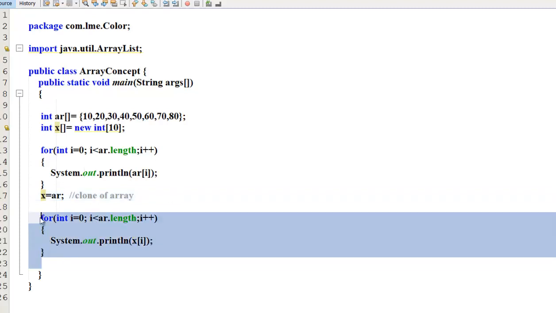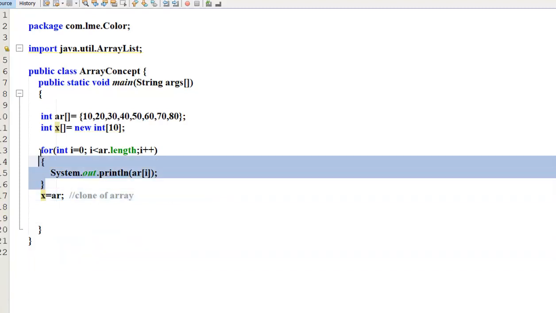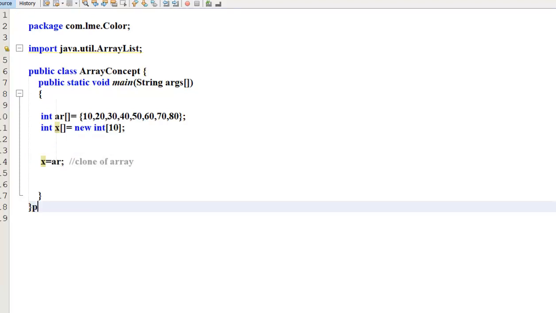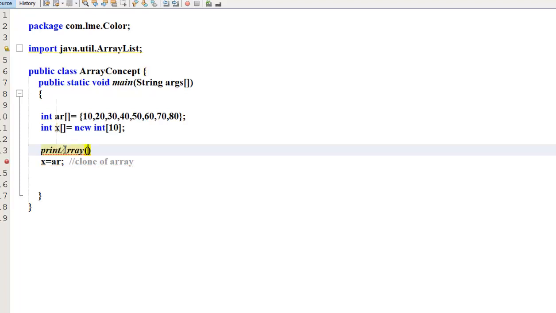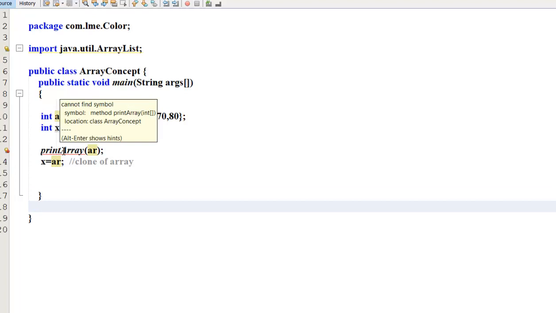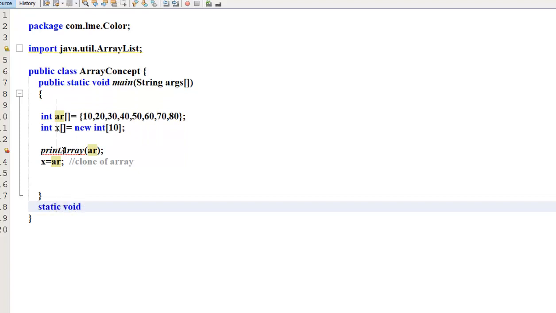So instead of writing all these prints, I will write a function called print array. I will pass ar, so it will print the array, but there is no specific method for print array. So I will write a function: static void print array of int x square brackets.